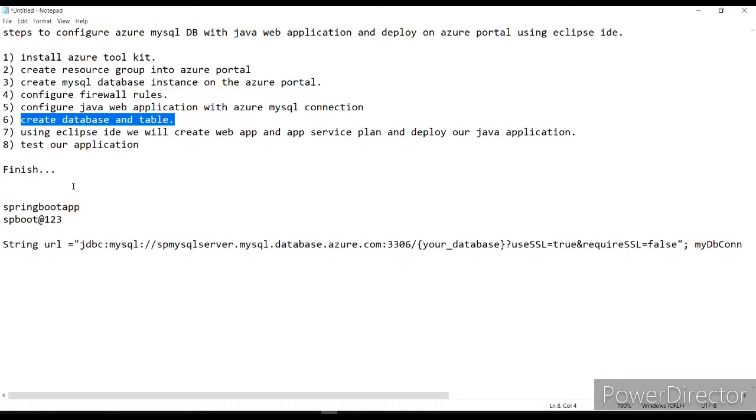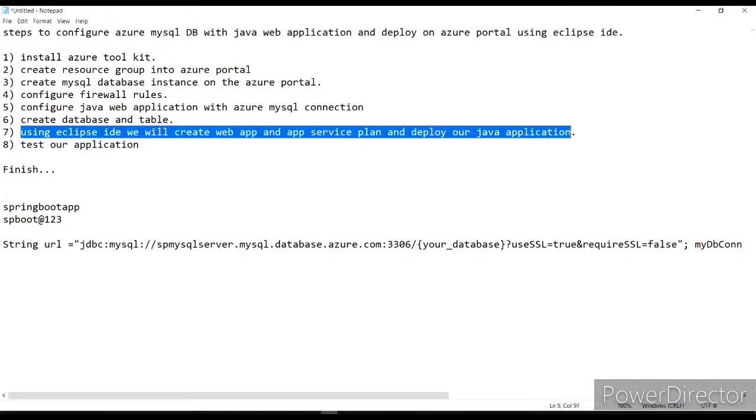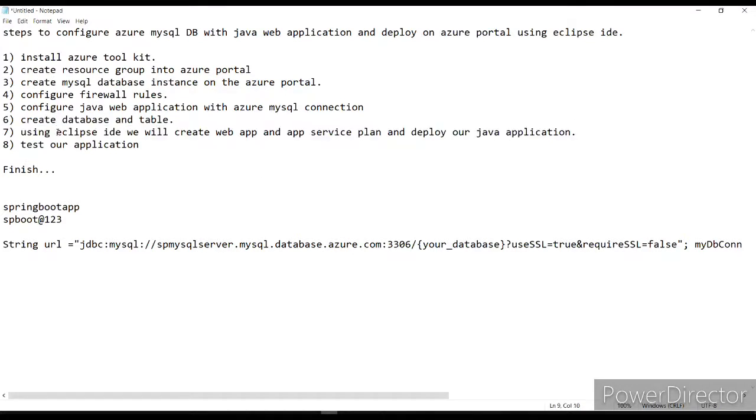So I just go for step number 7, in which I will use Eclipse IDE, and using Eclipse IDE we will create the web app and app service plan and deploy over the Azure portal.